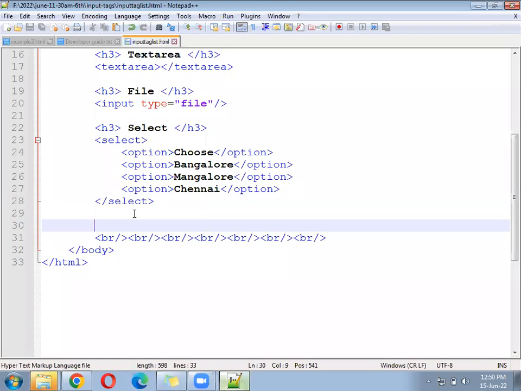If you put the slash at the last, then it will be called a self-closing tag. If you do not put the slash at the last, then it will be called an independent tag. According to Angular and React, all the independent tags must be self-closing. If you are not closing, then it will become an independent tag. If you put the slash at the last, then it will follow one more rule, which is called self-closing. And your Angular has